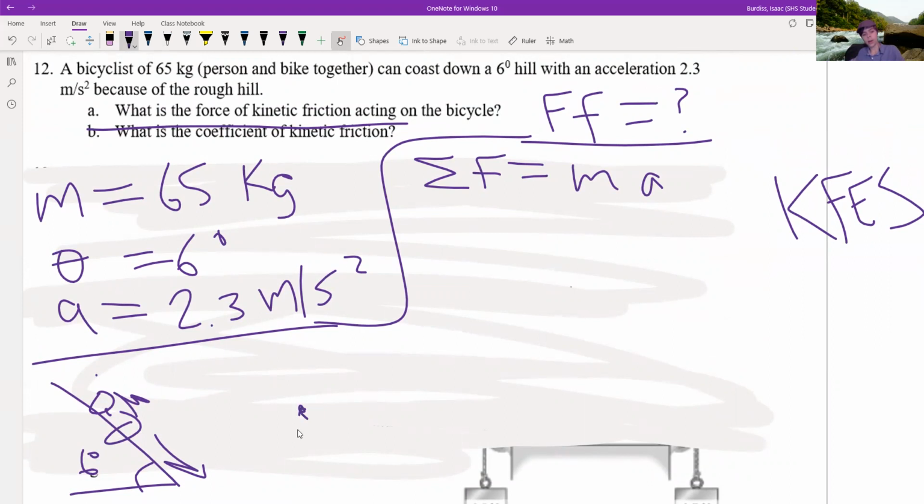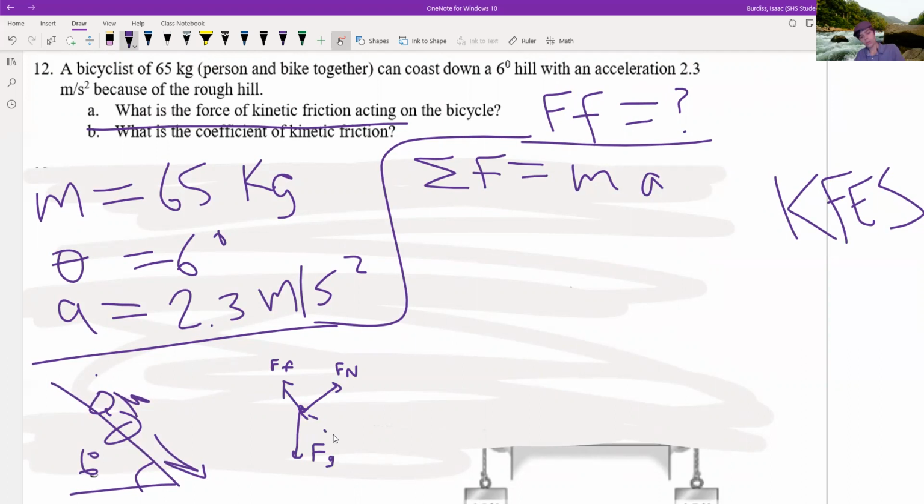We have a gravity force down, always down. We have a normal force at an angle because the surface is at an angle. We have friction backwards because it opposes motion. And that's it. We don't have anything pushing the biker except for gravity,